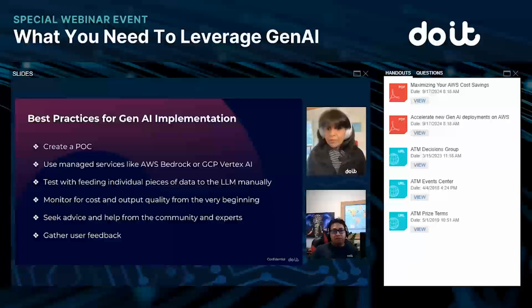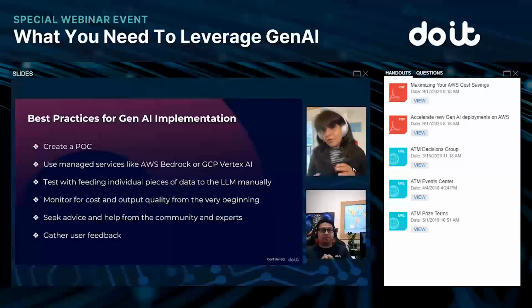Any last advice, Rupal? Yes, the POC part is the proof of concept. We just start small. Just take a small case that you would like to do, like just a chat or just summarization. As Eduardo said, that's one of the favorite things for people to start with. Just start small and see how it works. Monitor and see how the monitoring works, with CloudWatch and other monitoring tools that you can use. And then once you get the hang of it, make it slightly bigger, and then soon enough you'll be at the production level.